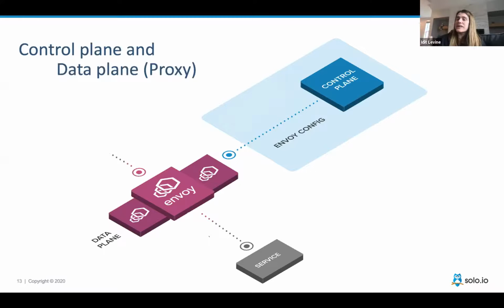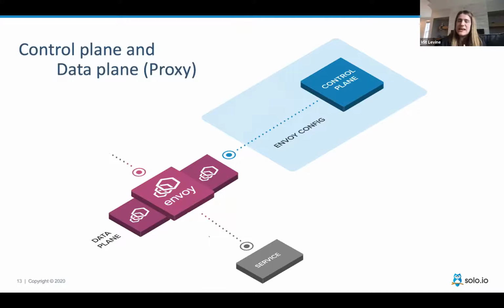And then there's the control plane, whose job is to feed the configuration right before runtime and make sure that when the request comes to Envoy, Envoy will know what to do, right? And that's basically what it is. The request is coming for me, let it go. The request is coming for someone else, do not let it go, or something like that. So that's basically how it works.